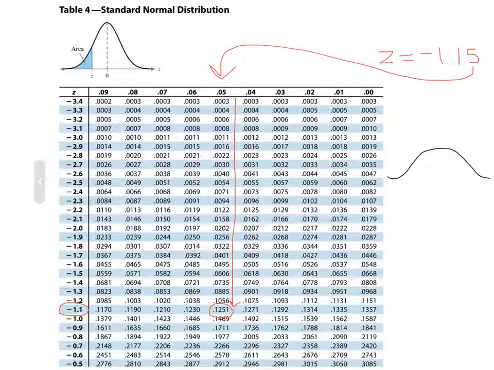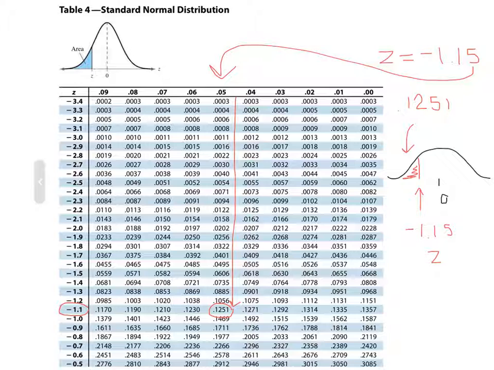So let's picture this. What we have here is a claim that the mean amount of tuna consumed per year is 3.1 pounds, and we found that our sample mean was less than that. It was 2.9 pounds. And that sample mean had a z-score of negative 1.15, which meant that it was 1.15 standard deviations below the claimed mean. When we looked this z-score up in our table, it gave us the area in the lower tail, which we see here is